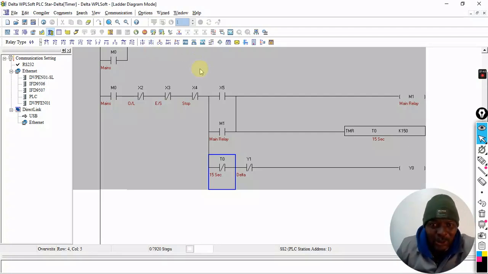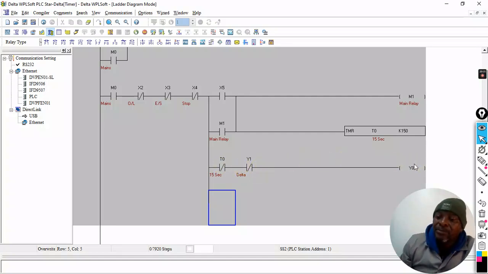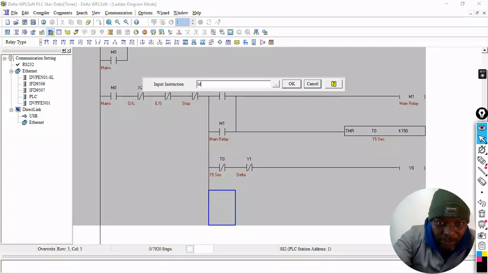So what I'll do then, I'll throw another one down there and say, when my timer is running, when I energize and the timer starts running, that is closed, and my Y0, which is the star, is energized. Then after this is counted out, I want Y0 to de-energize. So this will happen here. After 15 seconds, this will break. But at the same time, I want to energize T0, load T0. And I want that T0 to what? To start